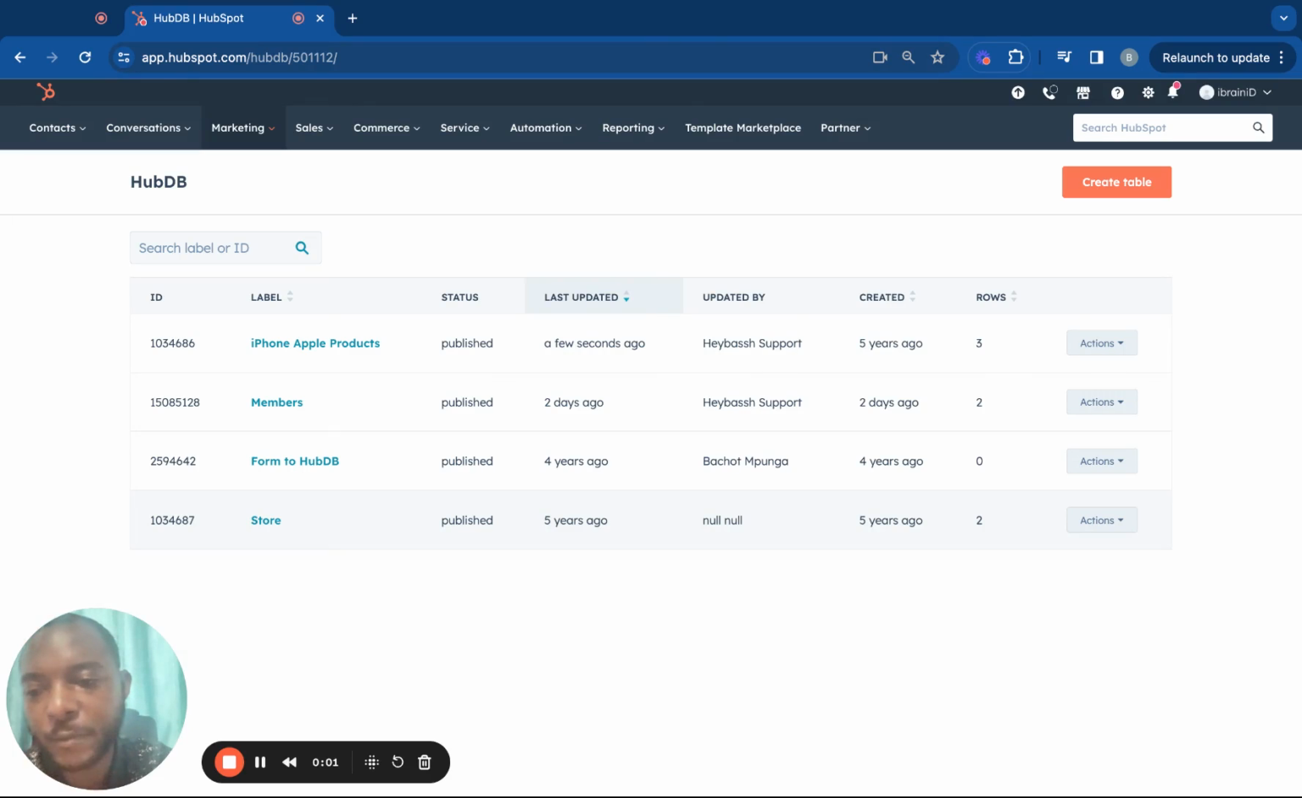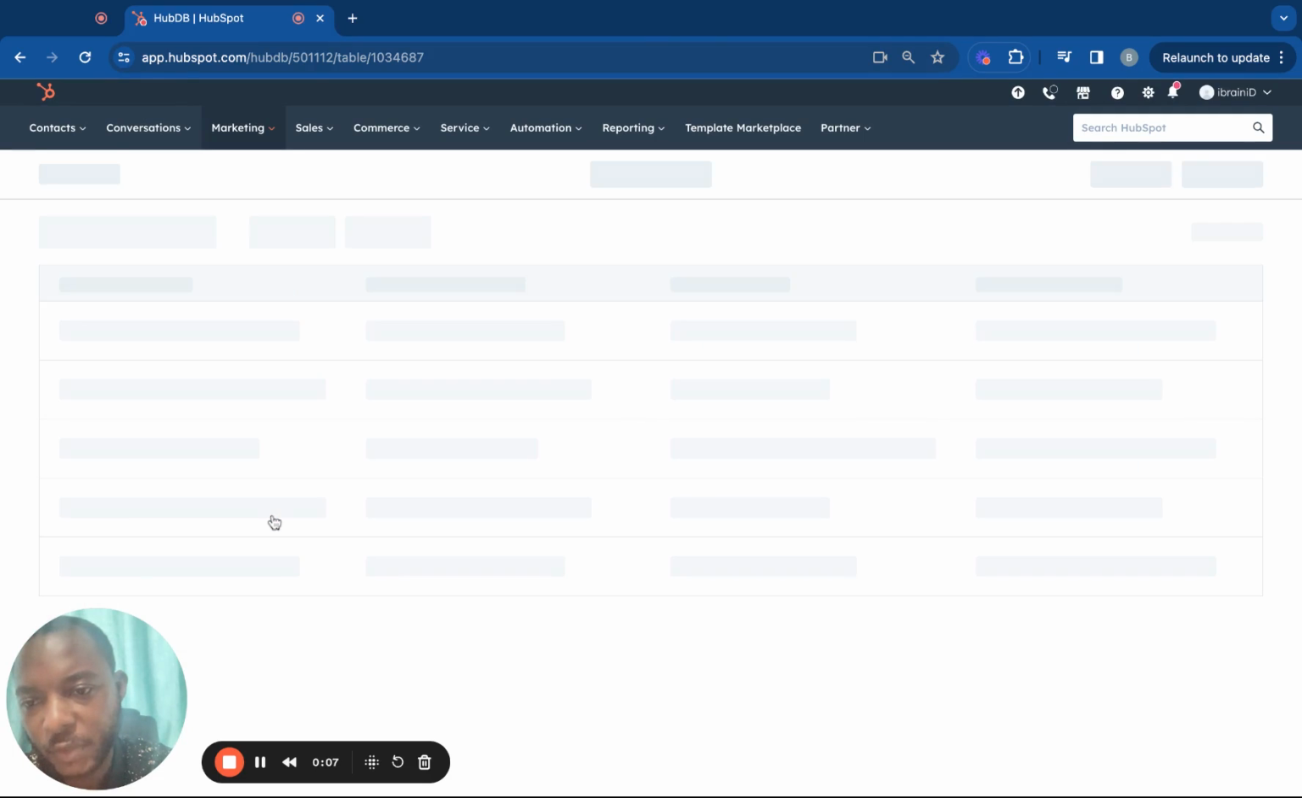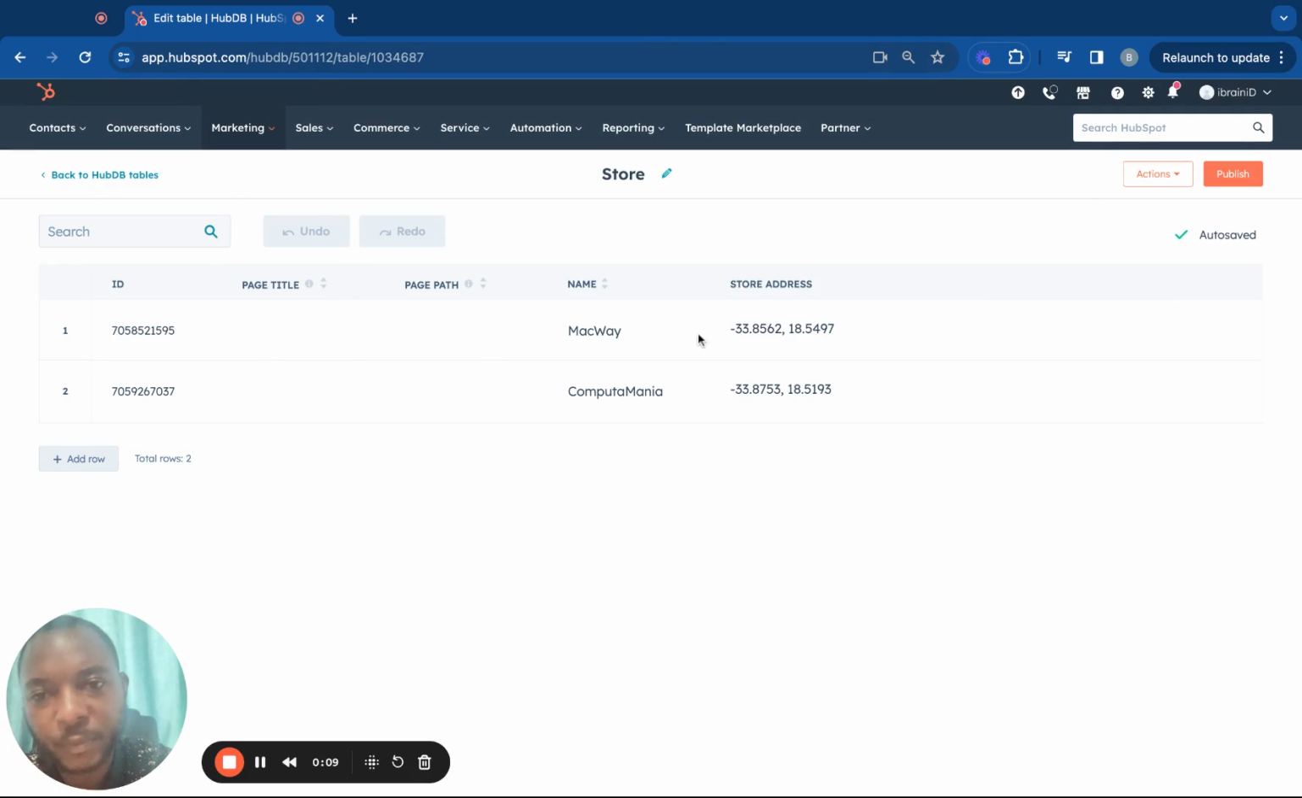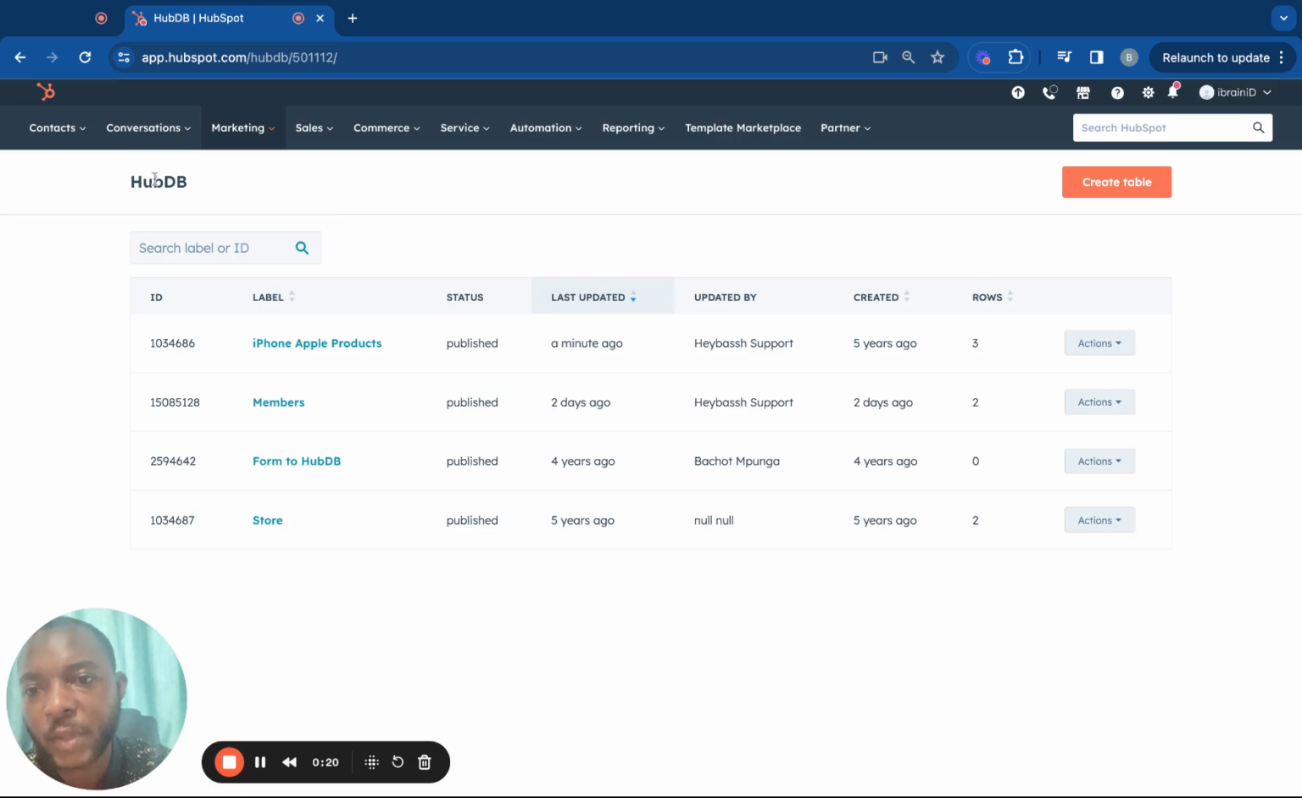Next, a child table in the HubDB. So the way you do it, let's say for instance this is your child table. Here you have the name of the store, and then after that the addresses. Now, the way that you annex this one, let's say for instance your main table is this one here,